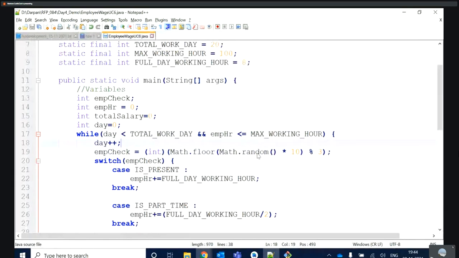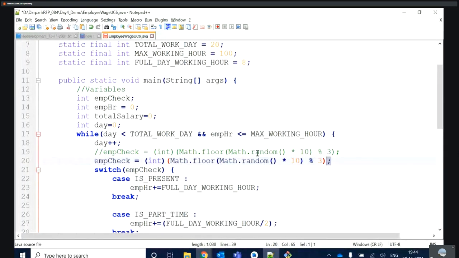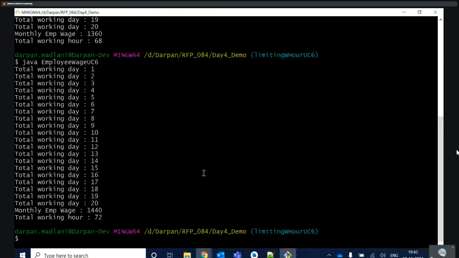Let me comment this line and give employee check as 1 every time. I'm just trying to debug by changing some values. This is also one type of debugging, you can call it. We are debugging our code by giving some values. Here I'm giving employee check equal to 1 every time, meaning every day the employee is absent. Is my second condition working or not?